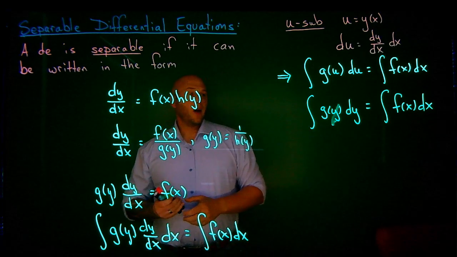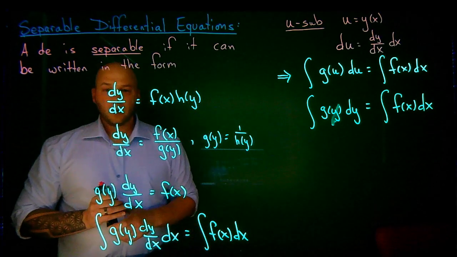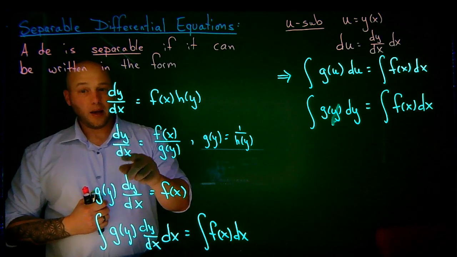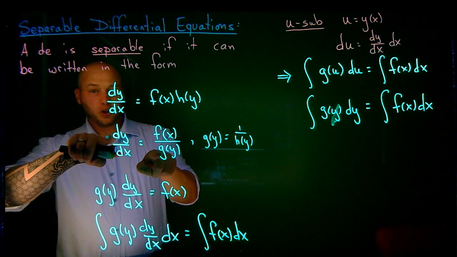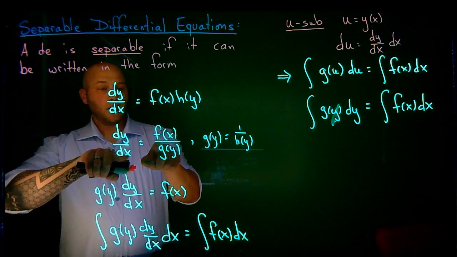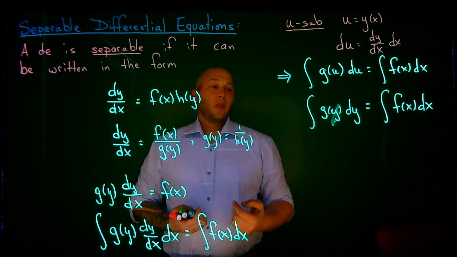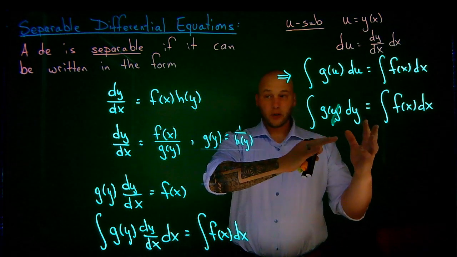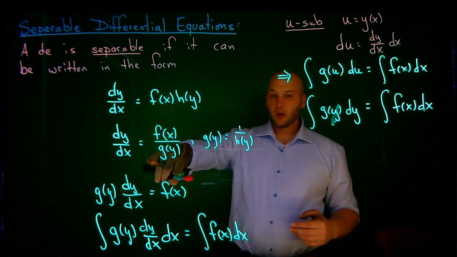Let's compare that with the original differential equation. Symbolically, it looks like I cross multiply and then integrate. So I have dy times g of y is equal to f of x dx, and then we integrate both sides. Throughout the exercises, that's going to be my first step: separate the variables, cross multiply,